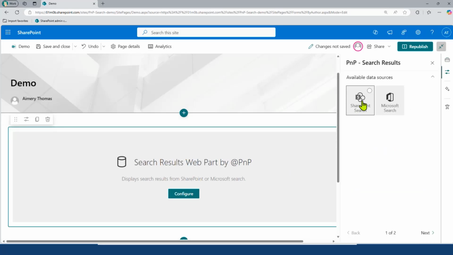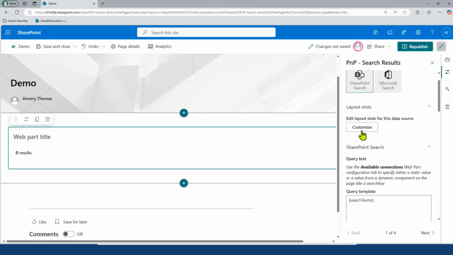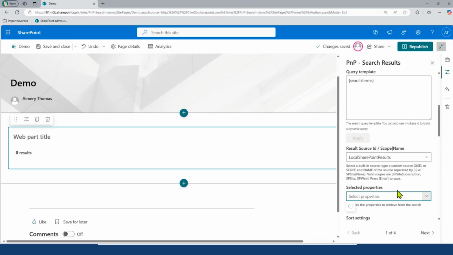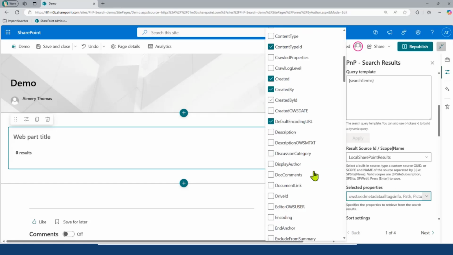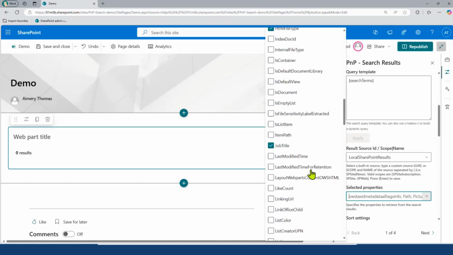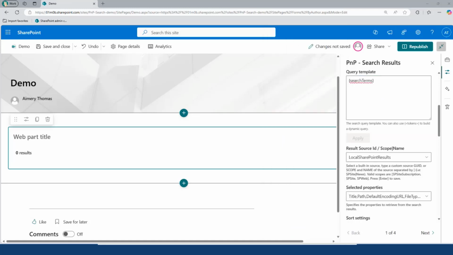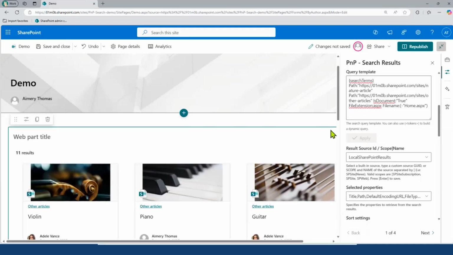I will do some basic configurations to make it work. I will select SharePoint search, select one additional property that I want to display, which is the last modified time, and then use a simple search query. Basically, I want to retrieve pages from two different SharePoint sites, so I'm going to apply this query.